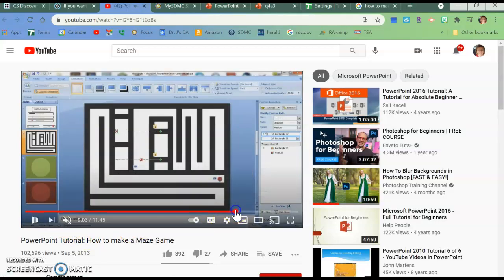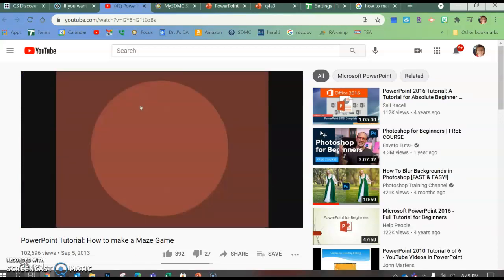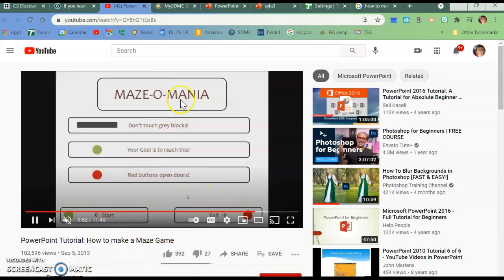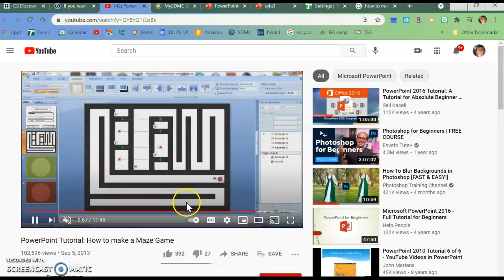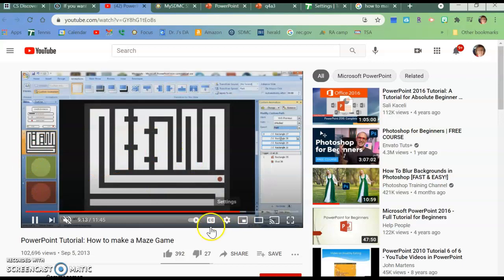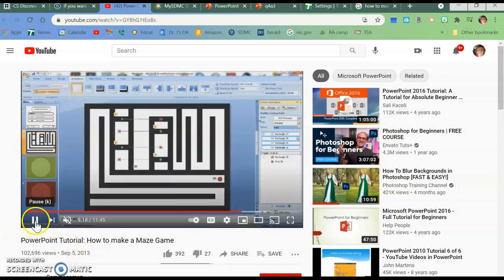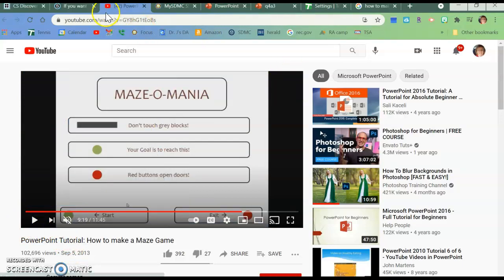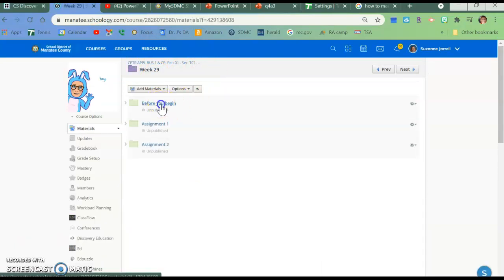So when it goes through, after you make it, it makes a maze that you get to, it has a start, so you can do like an online game, and it's really pretty cool. It's that you can do this within PowerPoint. So if you're interested, you can look at it. You do not have to. It is not mandatory by any stretch of the imagination. Okay, so